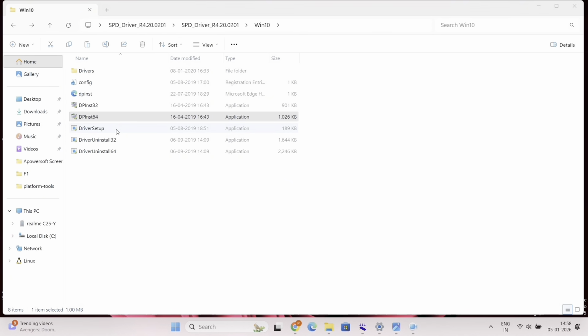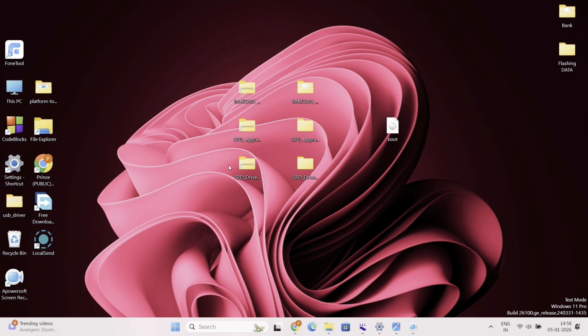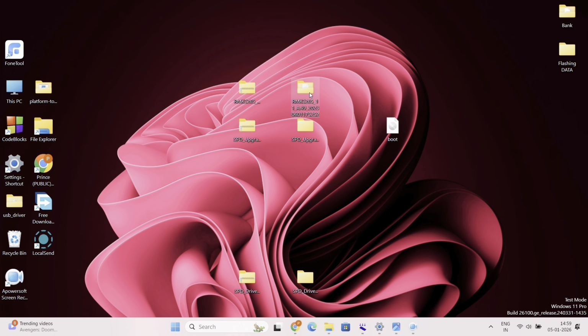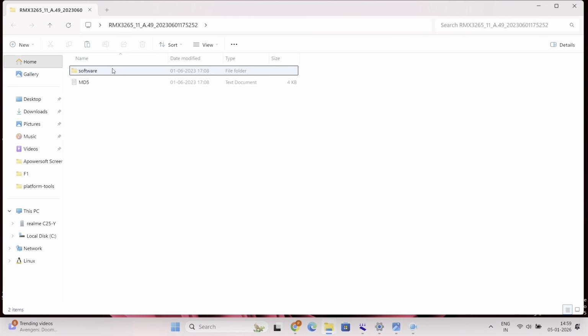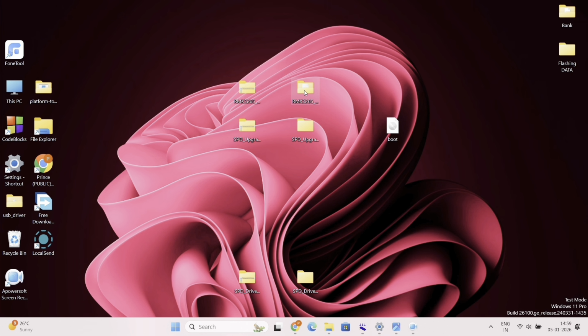As you can see, I already installed all the drivers, and also check what your Windows version is, 8, 7 or 10. I already installed. What now? Next, open the SPD tool. Also extract your firmware. As you can see, I already extracted the firmware, and in the firmware folder you will get this pack file, which we need to extract. It will be automatically extracted when we load this file in